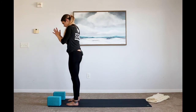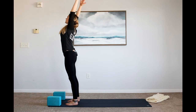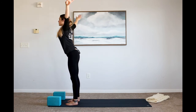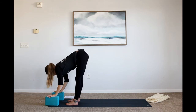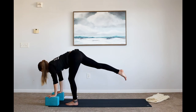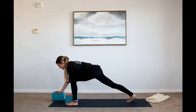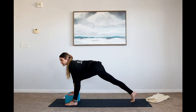Second side. With an inhale, root through the feet, arms sweep up. And with an exhale, swan dive, forward fold, releasing. Inhale, draw the heart forward. And as you exhale, step your right foot back, runner's lunge. Your blocks come to the inside of the foot as you press down through both feet, hugging the legs toward